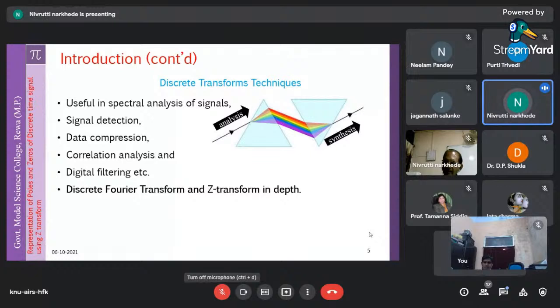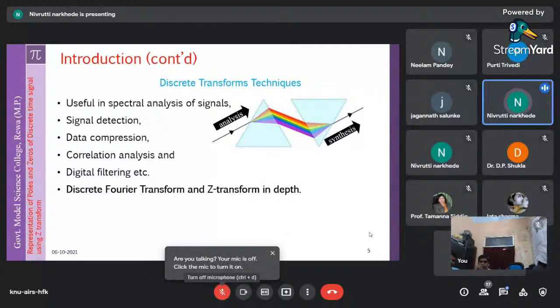Then between these two prisms, we observe a 7-color wave. That is a part of processing. Some mathematical operations take place in this process between the two prisms, particularly operations using a transform technique. And then, by applying the corresponding inverse transform, all the 7 rays get gathered into a single ray. That is a part of synthesis.